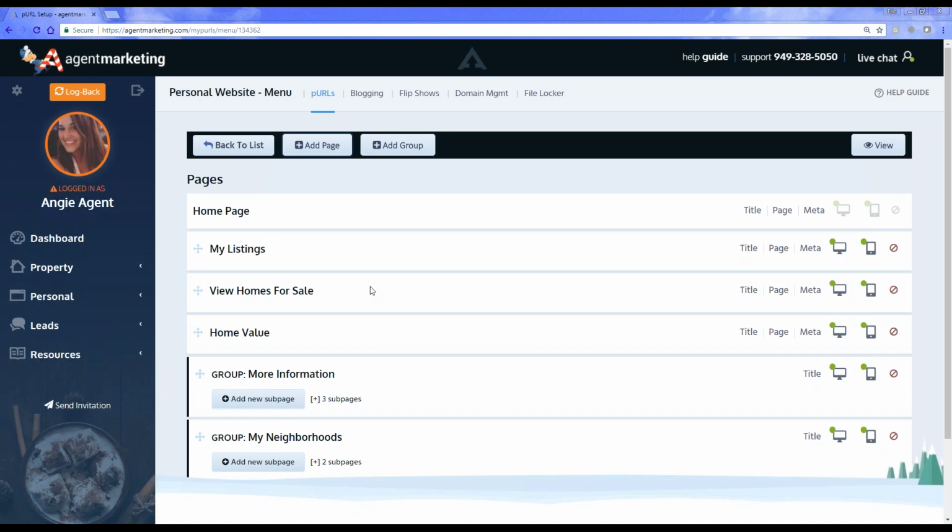So if you have properties marked as sold in your agent marketing property tab, then you can actually have a sold properties option on your personal website as well. So you can do the home value, you can have the homes for sale. Now we do have the default pages, so if you wanted to turn those off, what you can do is